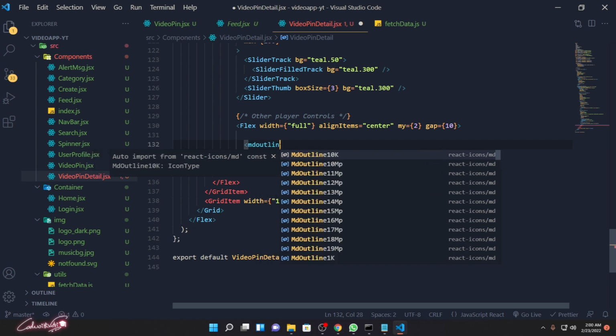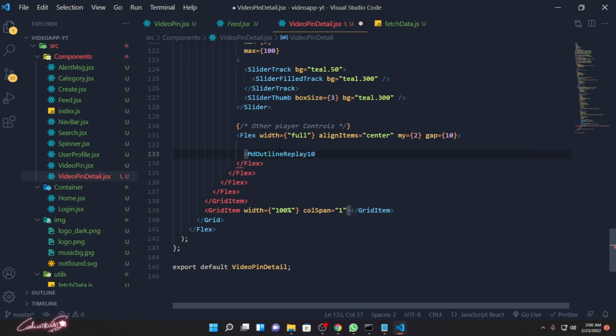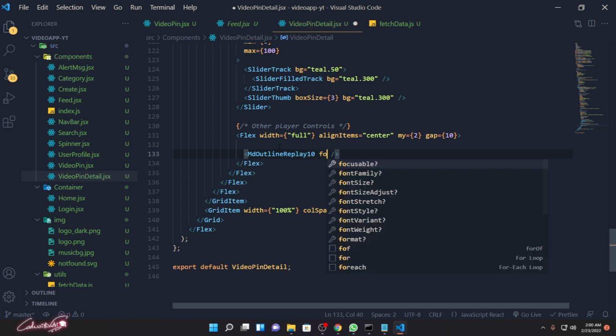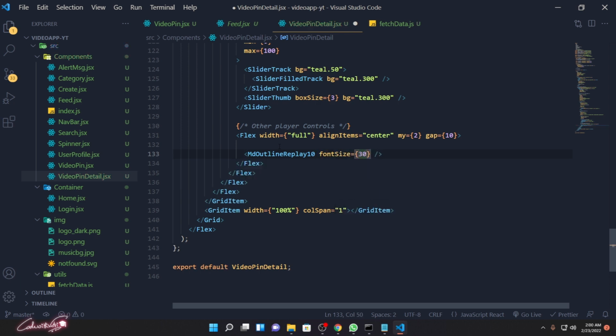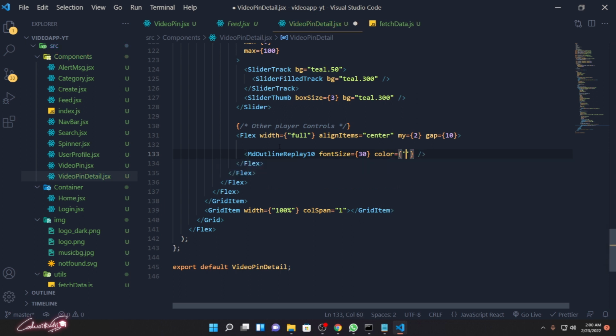Outline. Replay 10, replay 10 or replay 30 seconds, however you want to replay it. Okay, replay 10 seconds forward. Okay, close it. And then font size, it's going to be 30. Color, it's going to be hash F1 F1 F1,